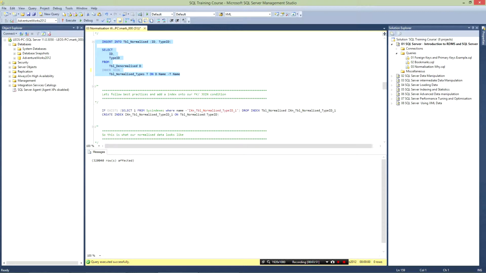So following best practices, we're going to add an index onto our foreign key. It's not a foreign key, but it's just a join condition. That will just speed things up. So all we're doing is creating, just run that while I explain what it's doing. Basically we're creating, that's the index name, and we're creating TBL on that table, TBL underscore normalize, on the